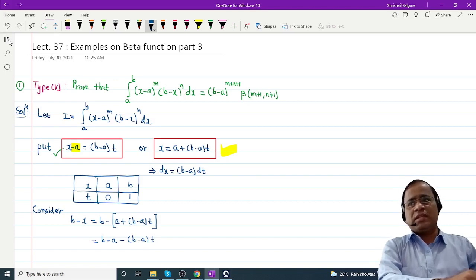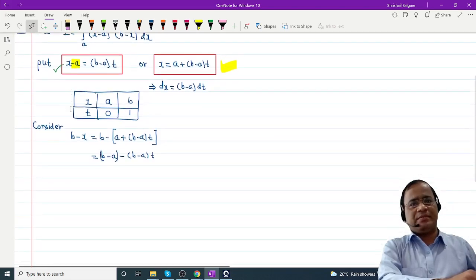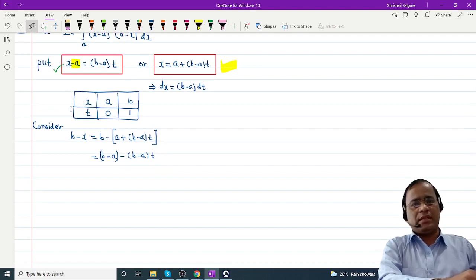Now one thing you tell me: if I put a bracket here, does the meaning change? Say yes or no only. Anyone? No, okay. So why am I putting the bracket? Because now I will treat these as two terms, and from those two terms I will take b minus a as a common factor.